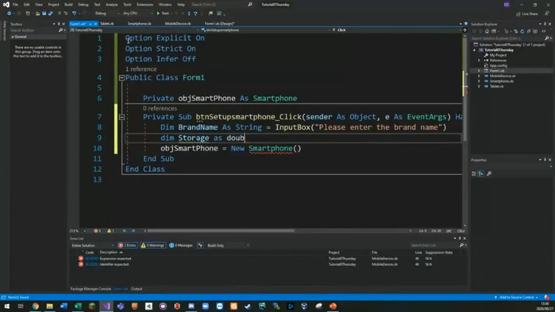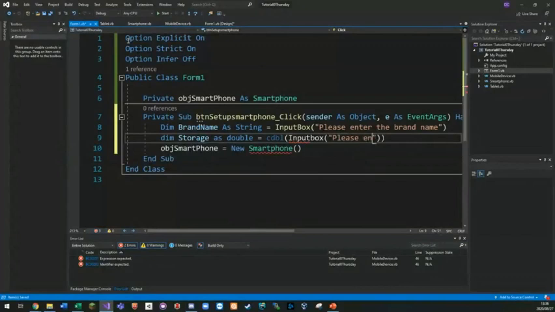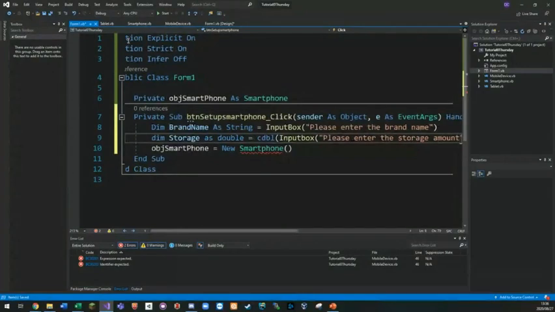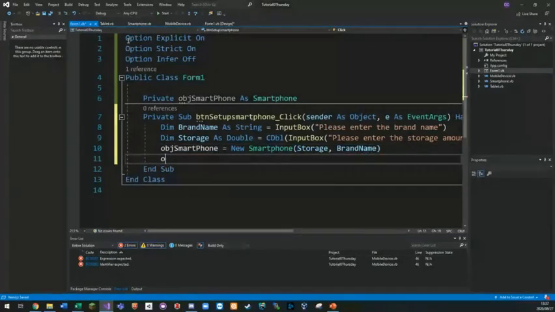Storage as double equals CDbl input box, please enter the storage amount. And here we go, storage and brand name. Then we can go and say object